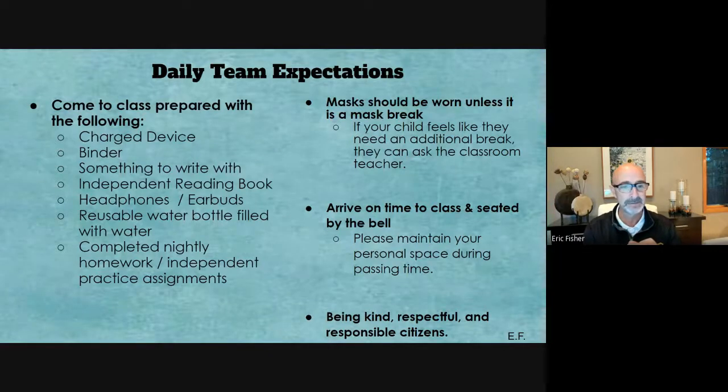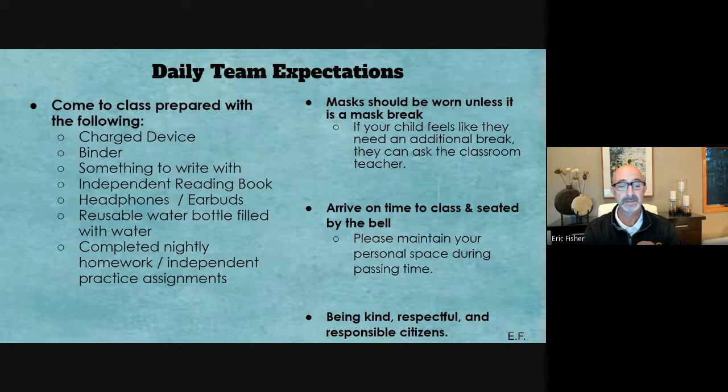I think some of the highlights of the more important ways that each of your children can prepare each day, especially this year, is number one, to make sure if they're using their own device, if they're bringing that to school, that it's charged when they come to school. Even if they bring their charger with them and it's not fully charged, we can help them charge it for a little while. Make sure they also bring their binder and something to write with. I know Mrs. Stevenson in Language Arts highly recommends that they all carry an independent reading book with them every day. Headphones, AirPods or earbuds are always helpful, especially during some classes where we're using Chromebooks.